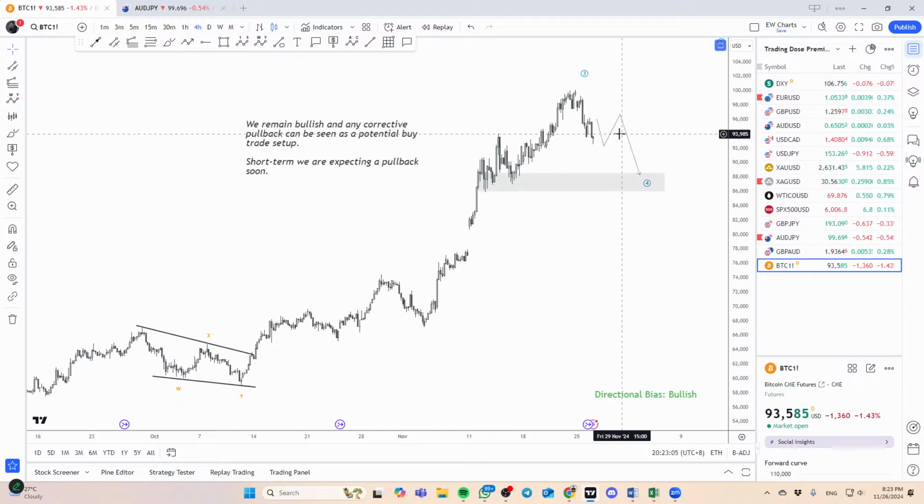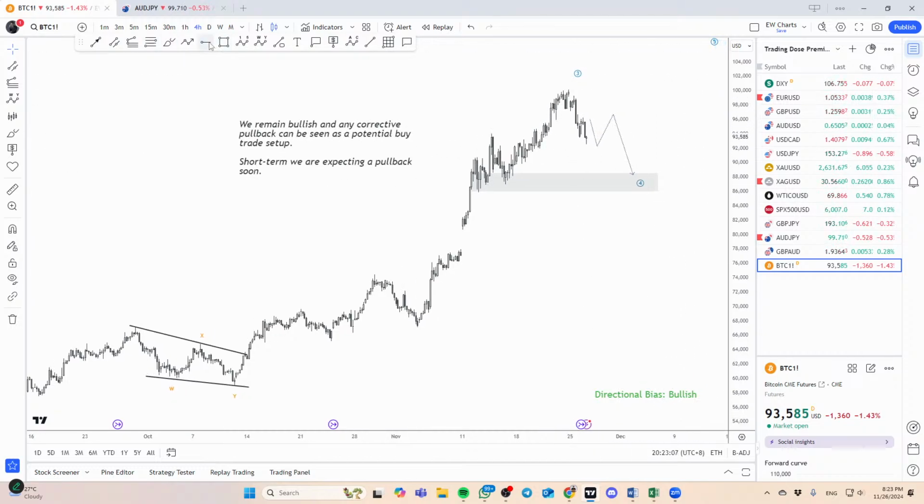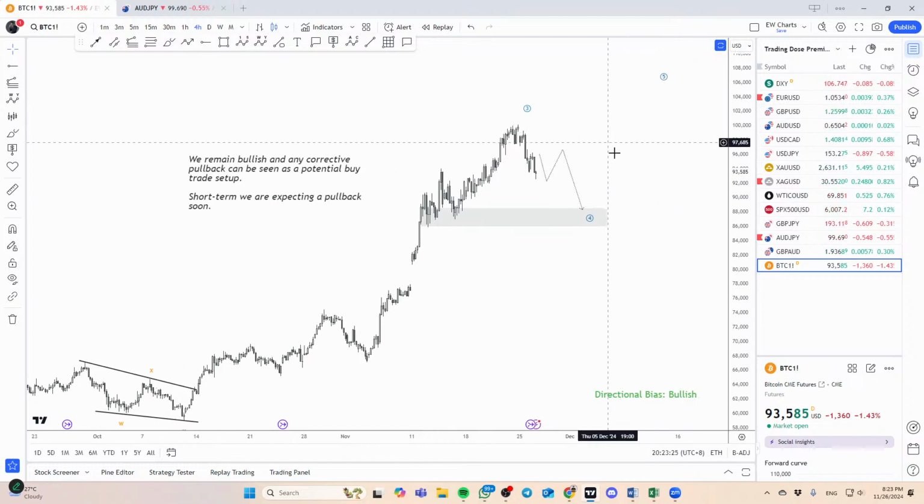Bitcoin, I think it's doing its pullback. Obviously the 100,000 proves to be a strong psychological number. It's a very nice even number as well. Definitely that's some resistance. If you ask me, would Bitcoin potentially break the 100,000 level? I think there's a high probability of doing that.